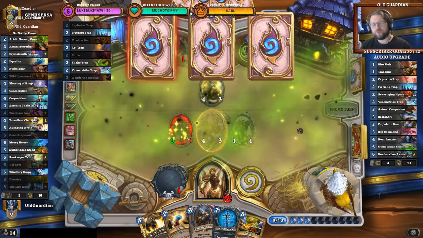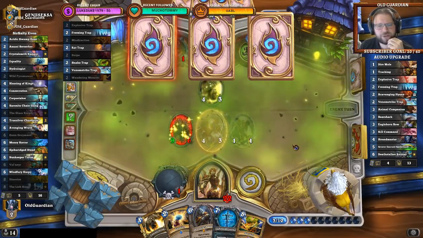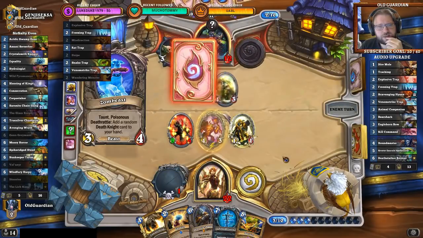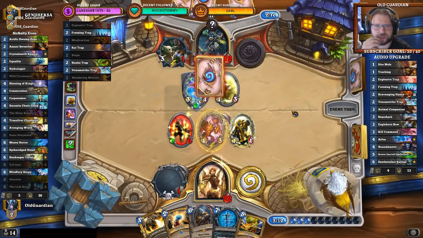He's bluffing. He could be bluffing. It's possible. I have Consecration Equality still left, so I have some tools here. And I have a Dino Size. Poisonous Taunt doesn't matter, unless there's an explosive trap. So if he gets to play another secret now...